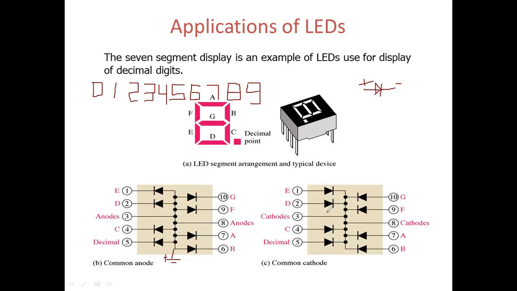Similarly, for the forward bias we have considered, the anodes are shorted. All the anodes we have connected to one place, and similarly all cathodes we connect to another point. See here, cathode, cathode, cathode. The outgoing current of the cathodes is the same, so we connect them together to the negative line.